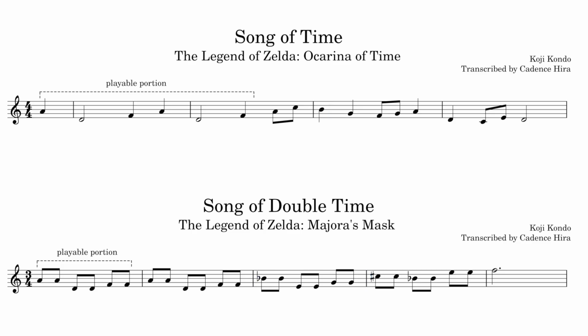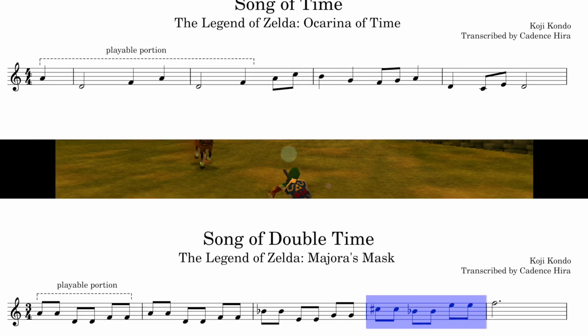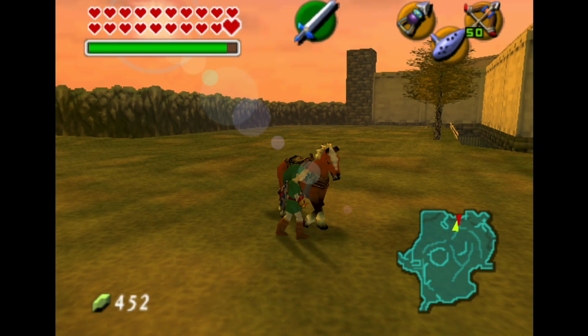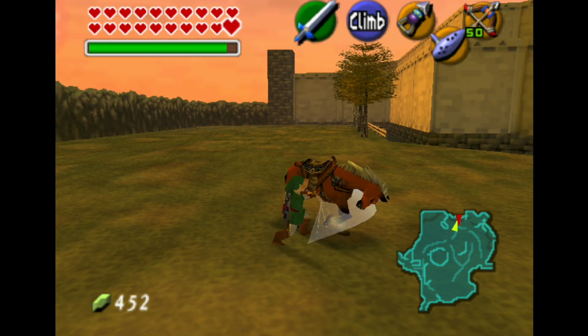It's really cool to see this because the playable part is kind of the same as the original Song of Time, but Koji Kondo gave a little harmonic minor spin to the end to kind of distance it from the original, and add more tonal diversity to the soundtrack. So we have D Dorian and D minor available with at least a portion of these notes,